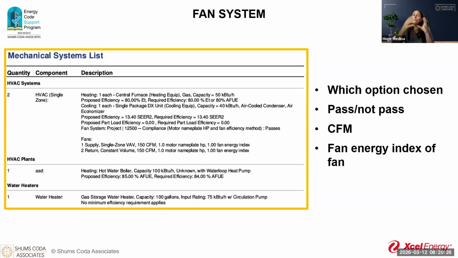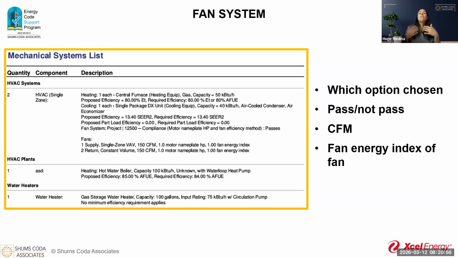Now, this only applies to a project if the single fan or multiple fans in a system equate to 5 horsepower or more. If it's less than that, this section doesn't apply to it, which is sometimes why you might not see any fan information. It just doesn't have the capacity that